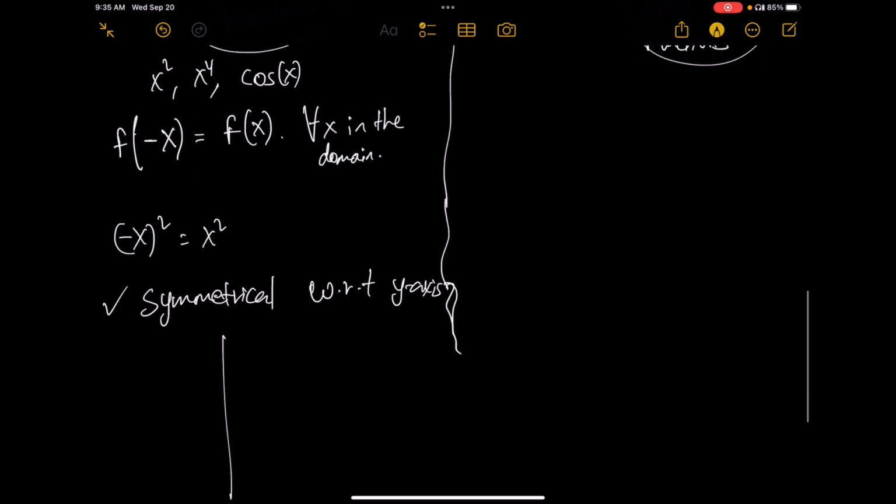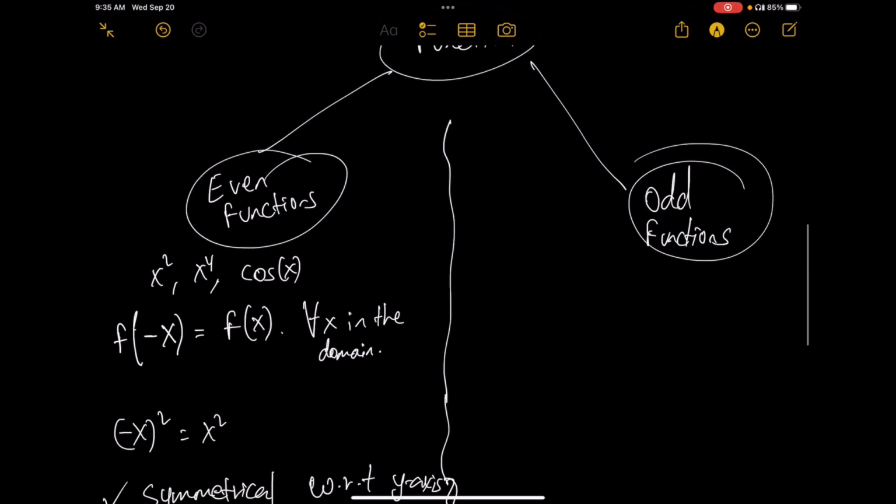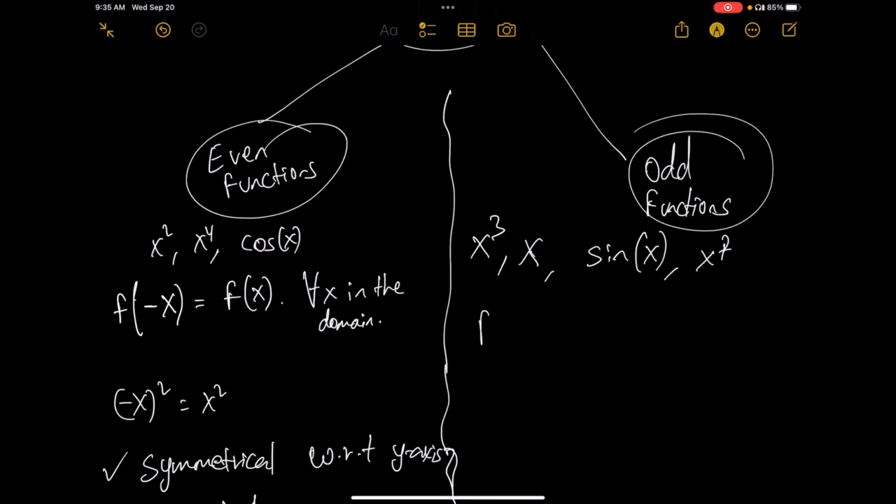አሁን ለምሳሌ x squared ብንመለከተው እንደዚህ ነው ፈንክሽኑ፣ ለዛ it is symmetrical with respect to the y axis። cosine of x ብንመለከተው እንደዚሁ ነው፣ it would be symmetrical with respect to the y axis። እሺ odd functions ላይ ደግሞ example x cubed አለ፣ x to the power of 5 it's also an odd function, you know, sine of x is also an odd function, x to the power of 7 is an odd function, okay, and so on. እና odd function የሚያስብላቸው if f of negative x is equals to negative f of x for all x in the domain of the function, okay. ይሄንን የሚያሟላ ከሆነ ፋንክሽኑ we call it an odd function።